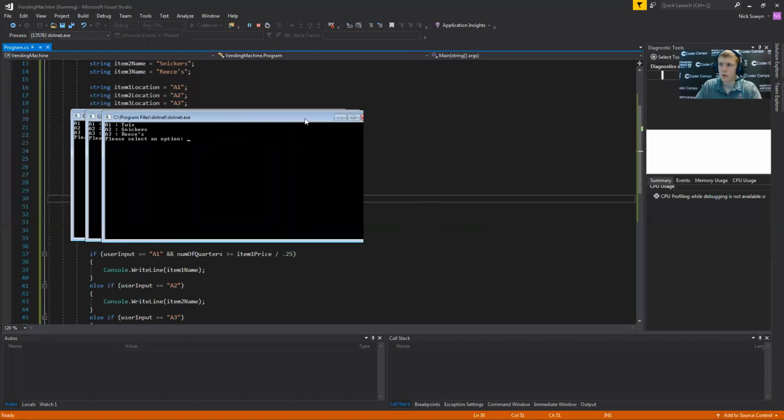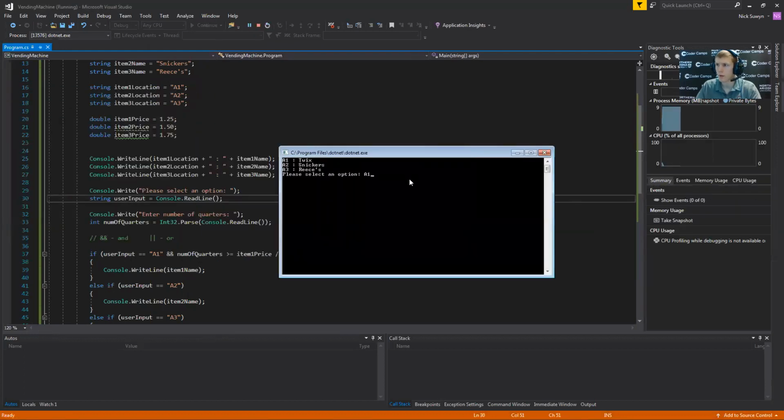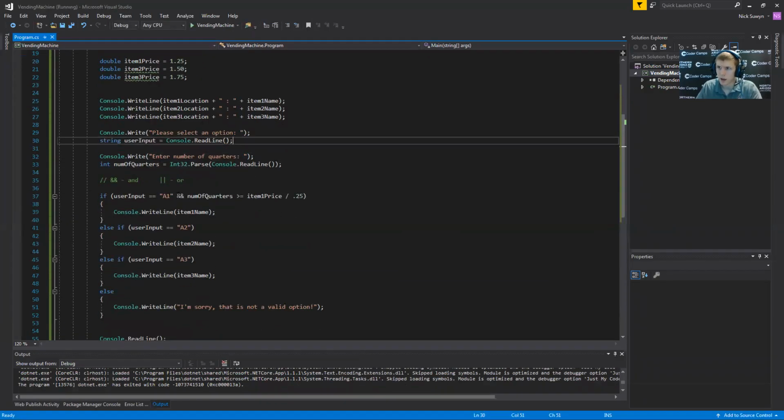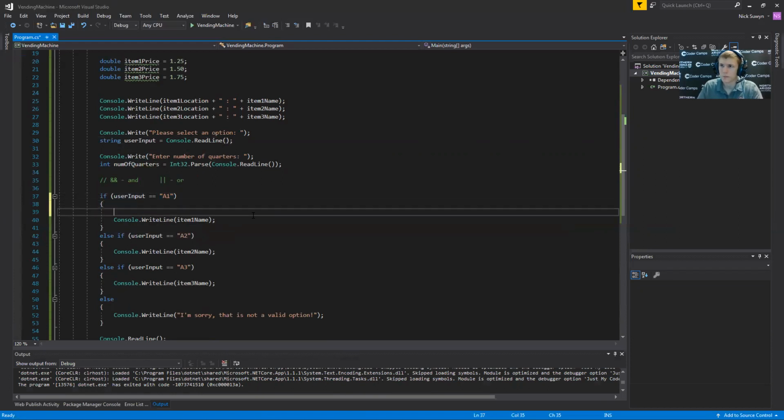If I put in 4/4, so I want A1, and I put in 4/4, I'm sorry, this is not a valid option. Now that's kind of a vague message, right? I don't want to tell the user this is not a valid option, because it is a valid option. A1 is very valid, but they didn't put in enough money. So we need to separate this out here. We don't want an and here just because they don't belong together, because we want to give a different message. So inside of this, we can nest another if statement, and we'll say if this,